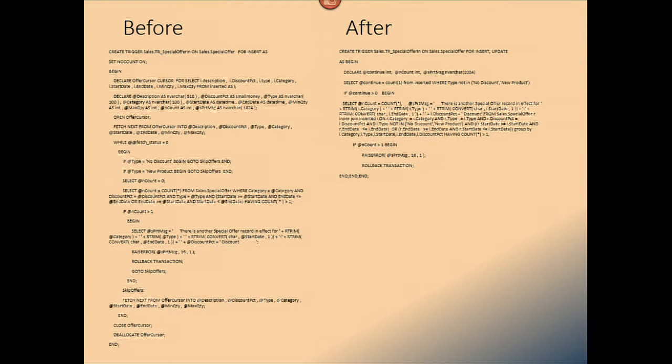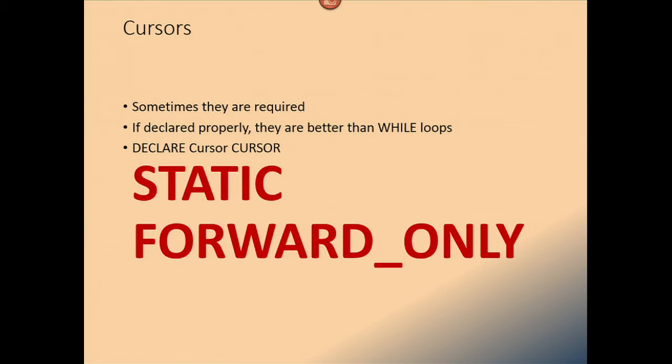So it's a lot shorter code, I guess. It's just got a more complicated statement, but it ran much better. So I was talking about cursors. The biggest problem I have seen with cursors is that people just declare them. A cursor's a loop, it allows you to loop, and people define them